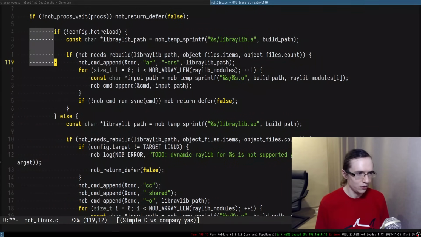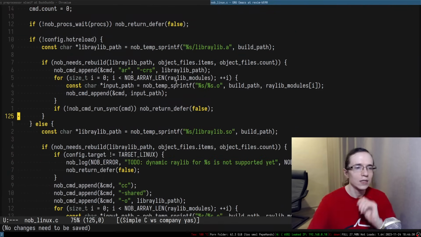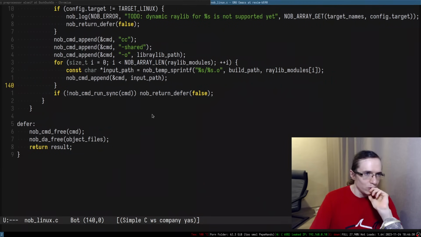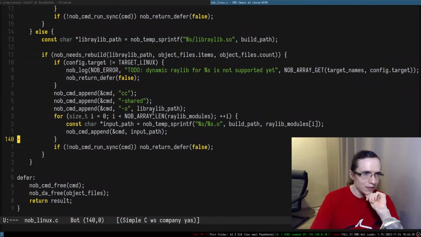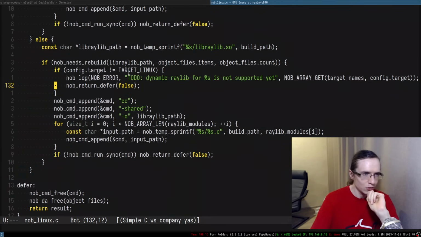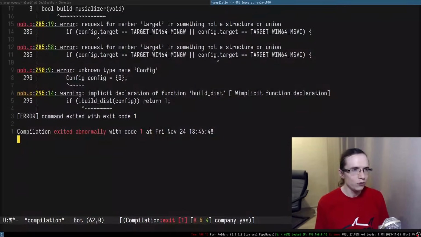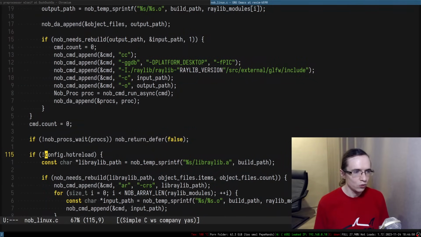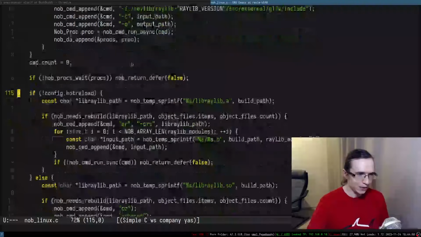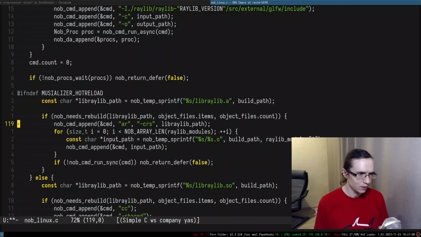And there's a little bit of a difference between hot reloading and not hot reloading, right? So if we enabled hot reloading, we are building a DLL, right? This one is not Linux. It doesn't really matter, so we can remove that. Okay. We are removing code. So not hot reloading. That means we need to replace this entire stuff with macros. If not defined Musializer hot reloading, we do that. Then this is else,